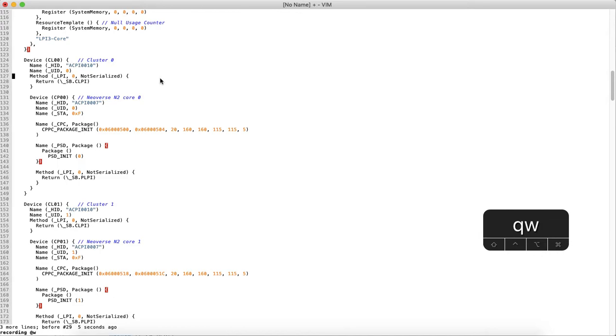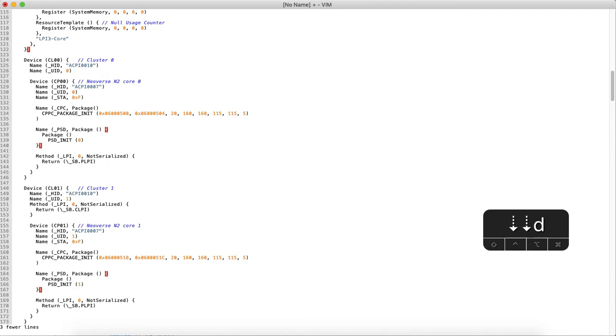Right. Once you start the recording, you can see in the status bar that Vim is indicating that we are recording this macro into the register W, right? So I'm going to repeat the pattern which I described before. Search for LPI, right? That's going to put the cursor on this hit. Go into visual line mode, select the three lines, and press D. That's going to delete the three lines, right? And that's it. So we have just recorded the macro, and once the recording is done, you can press Q to end the recording of the macro, right?